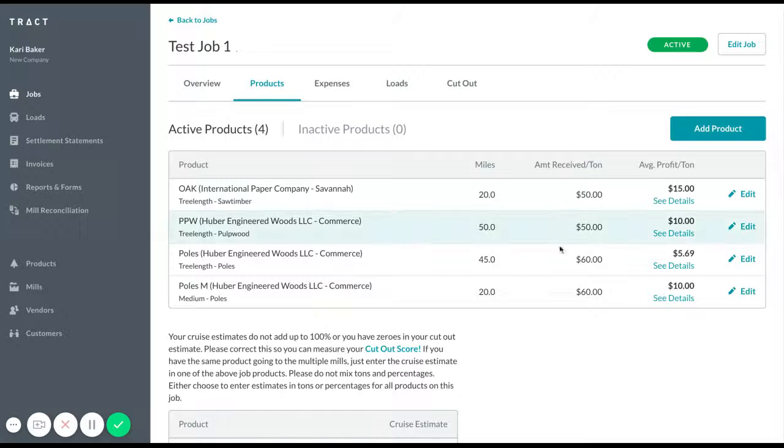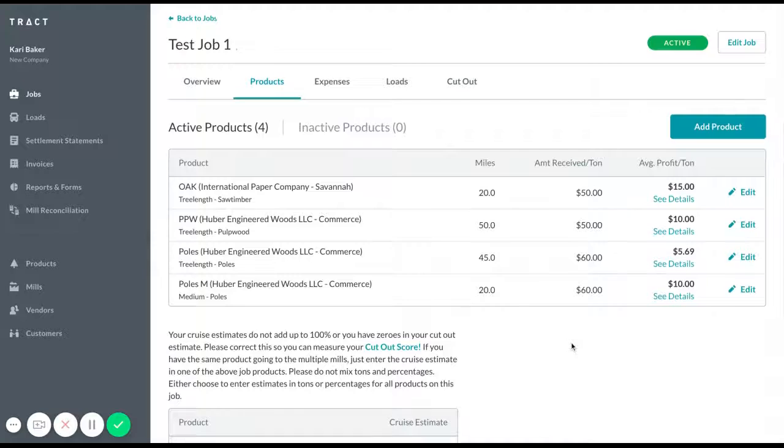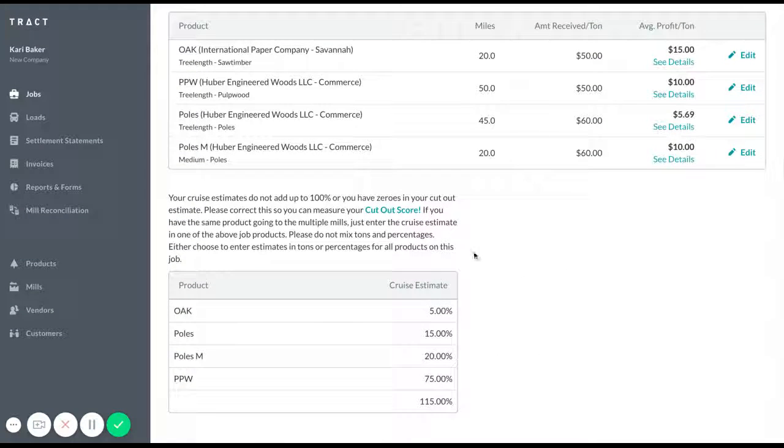This will give me a list of all of the products that I have for this job. And it'll give me an estimate of the percentage. This cruise estimate is an estimated percentage of what amount of this harvest will be each of these types of products. So as you see right now, my cruise estimate is over 100%. So I've got an error in here. So I need to decrease